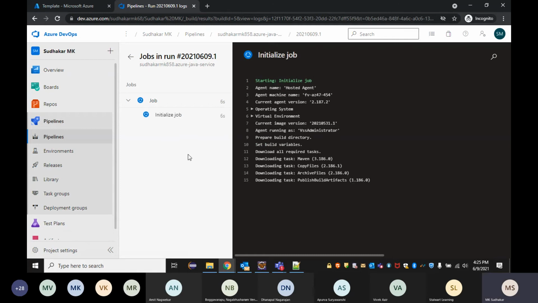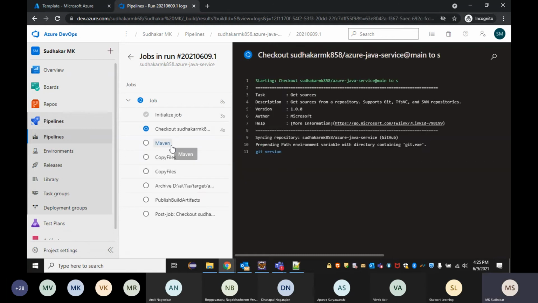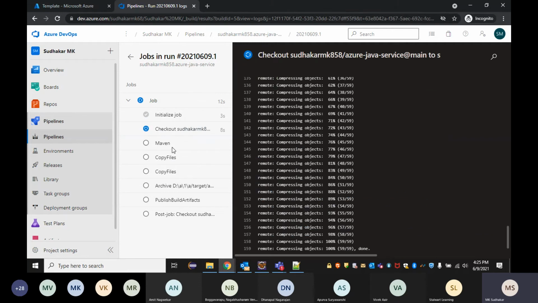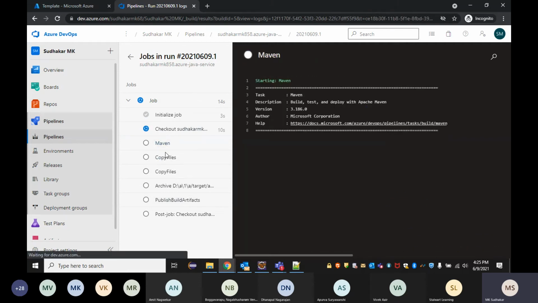So it is initializing the job and needs to create the Maven build. These are my steps which I showed you in my YAML file, right? So the same steps are performed here.